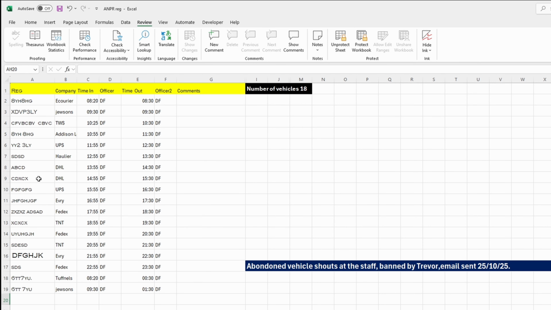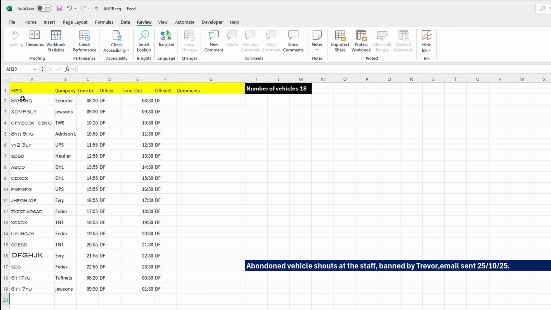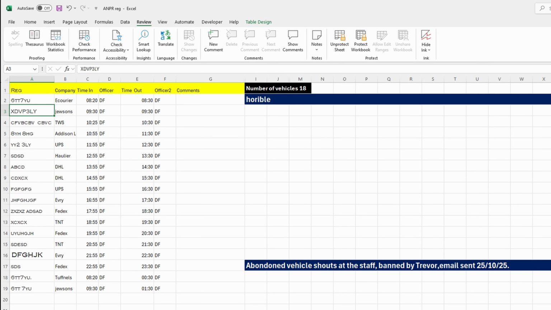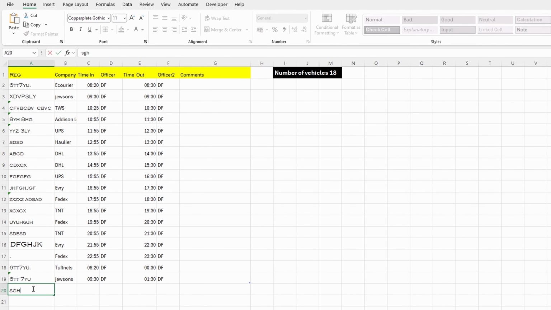We can give it another trial. So we definitely know the vehicle, let's say 60T7YU is banned. So if we change this to 60T7YU, 60T7YU is banned. Sorry, I put a dot there, don't know why. And then enter is going to give you that it is banned. So it works. So as you add rows to your tables,